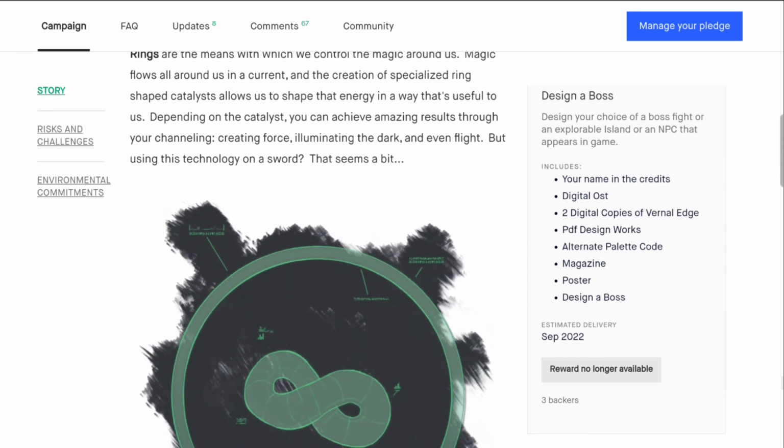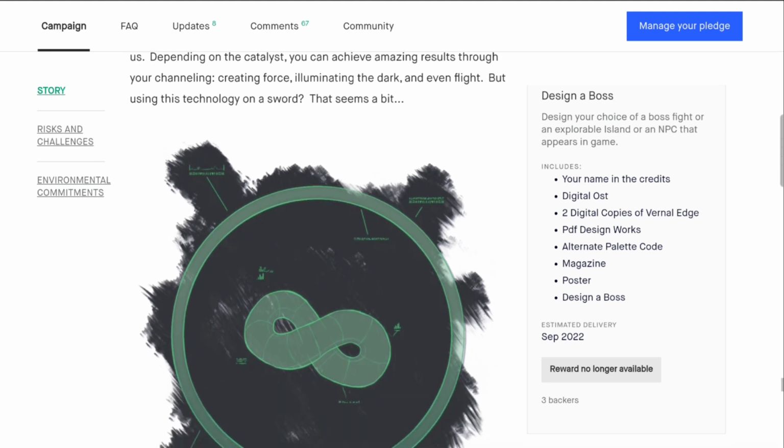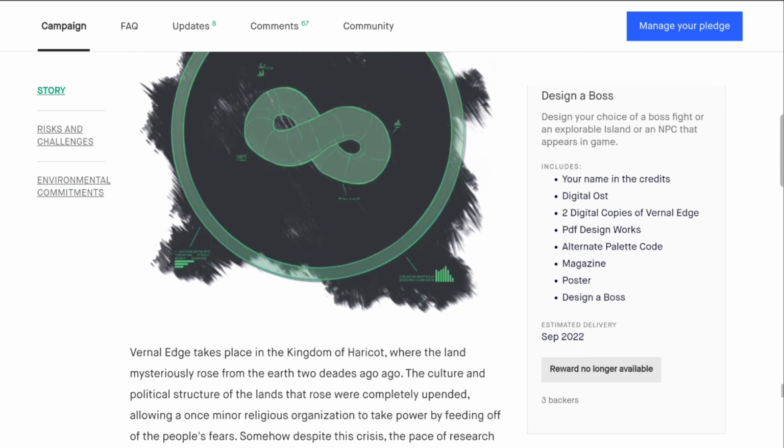The setting. Rings are means with which we control the magic around us. Magic flows all around us in a current, and the creation of specialized ring-shaped catalysts allow us to shape that energy in a way that's useful to us. Depending on the catalyst, you can achieve amazing results through your channeling, creating force, illuminating the dark, and even flight. But using this technology on a sword, that seems a bit...